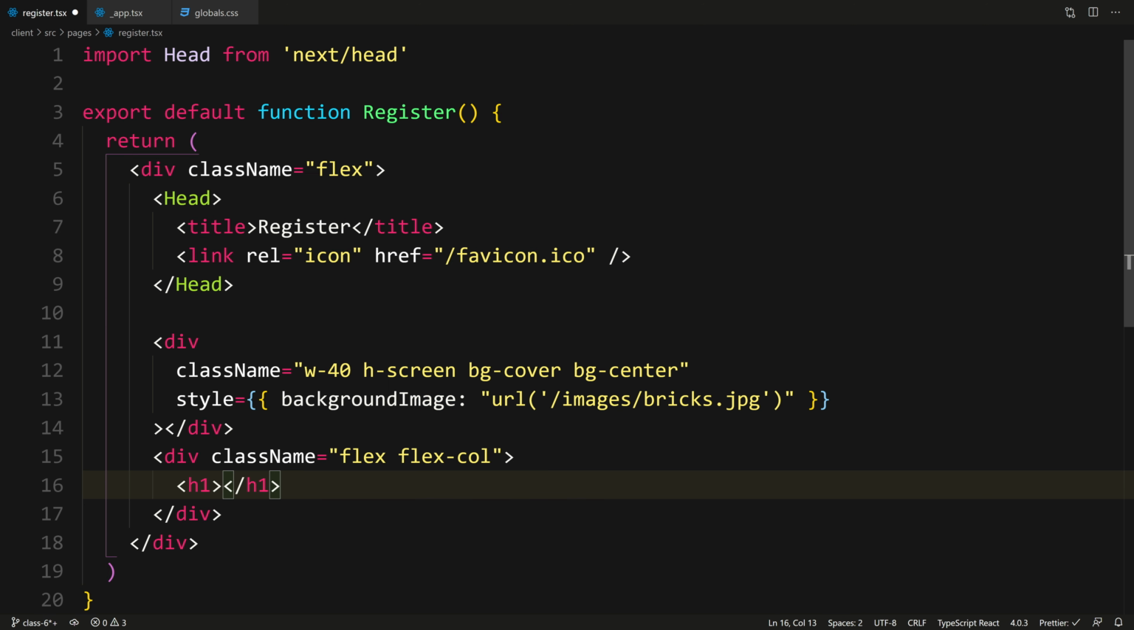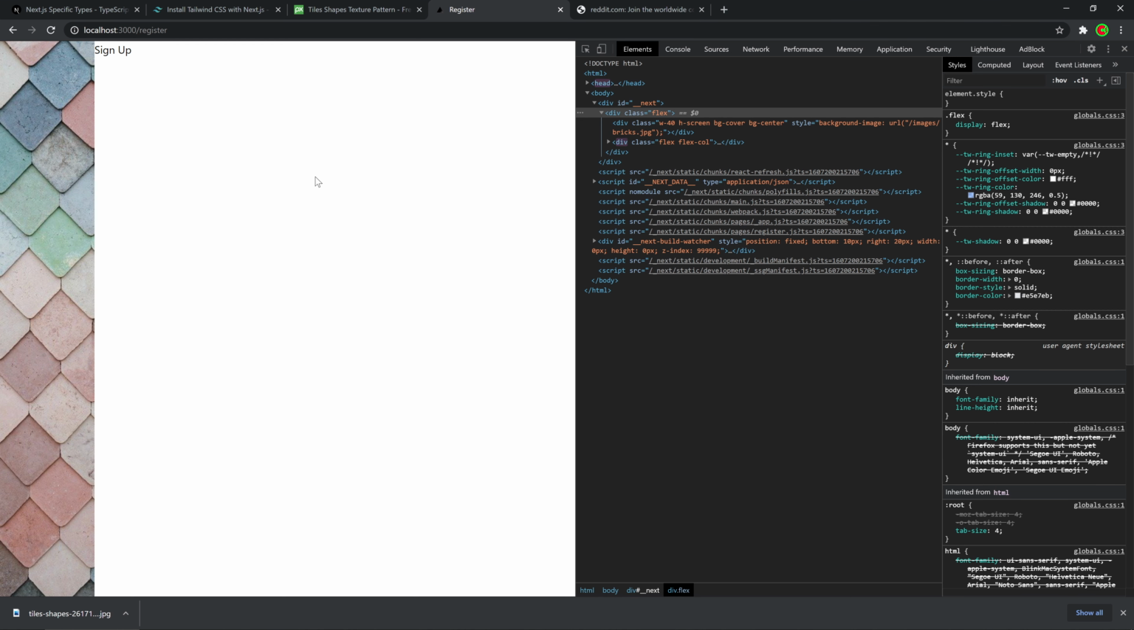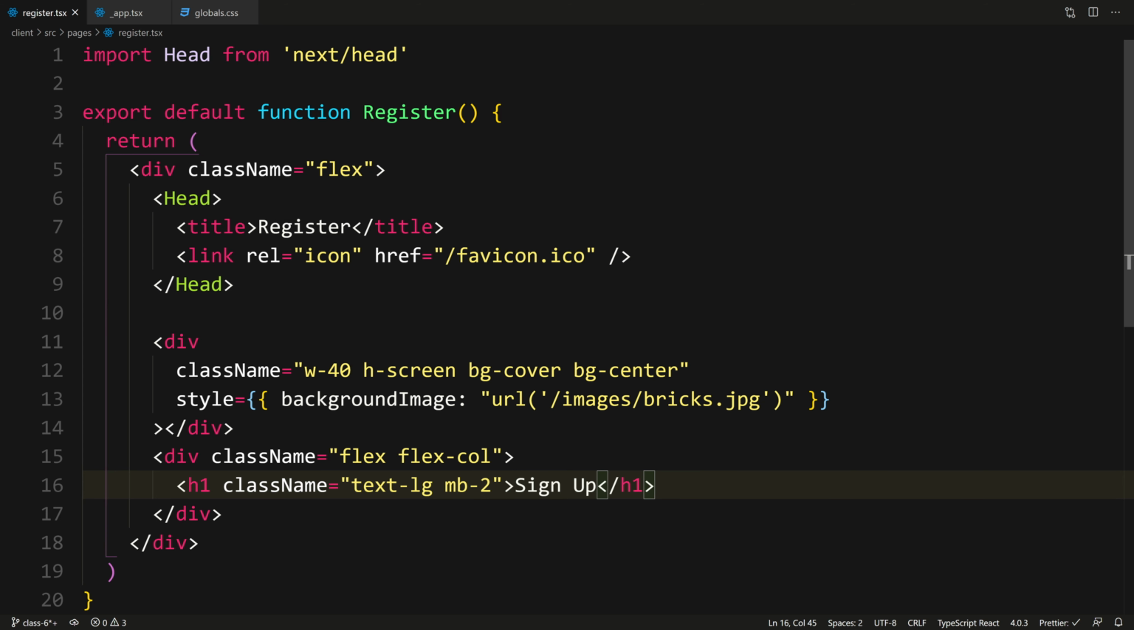And by the way, in Tailwind everything is normalized, so even the header one has the same size as a paragraph. So we need to give this a text size. So here, let's say class name, and I'll give this text-lg, and some margin on the bottom of 2, and this will say sign up. All right, save that. Let's look at it. All right, that looks okay, but we need to center everything in the middle, and we need to give this some padding. I'm gonna give this wrapping div